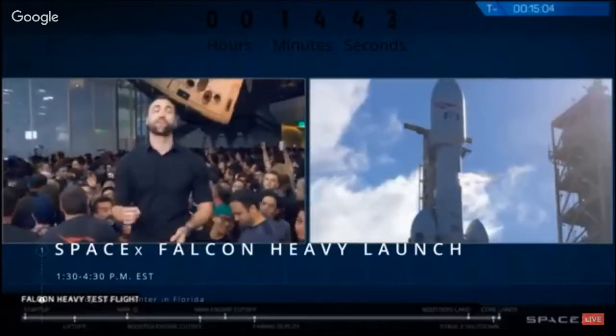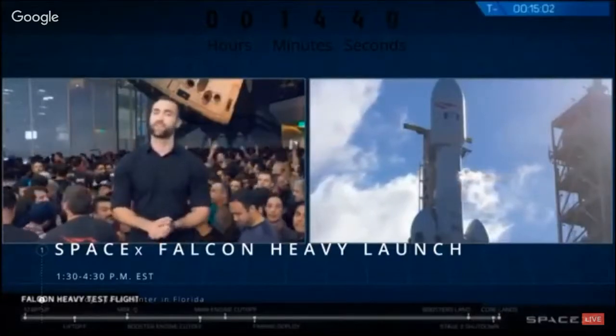Now, Falcon 1 was the first rocket we developed, and it was pretty small relative to Falcon 9 and Falcon